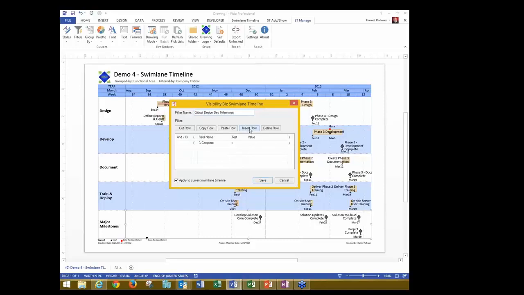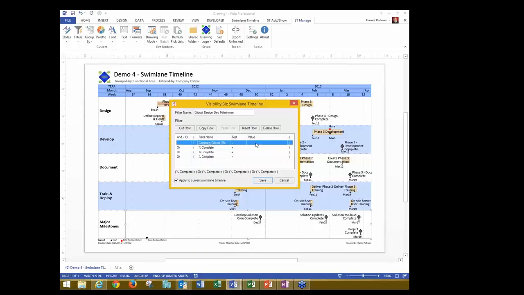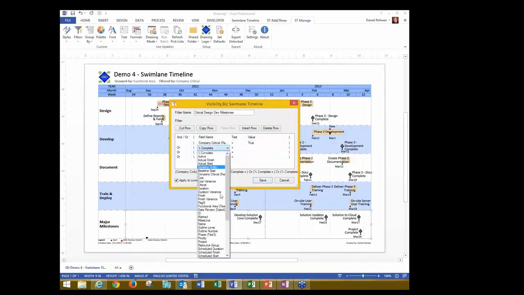And just like in project, we'll insert some rows here. I'm going to double-click on a field, and I want to go to company critical. So if company critical is equal to true, and functional area is equal to design, or functional area is equal